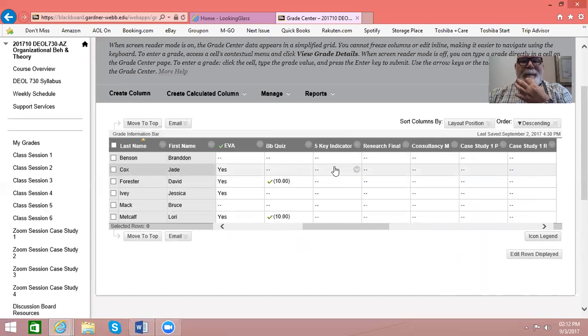Yeah, that's right. You have a possibility of 1,600 points. I try to do that every semester. To get your A in this class, you have to have 1,400 points. When you go to your grade center or my grades, you can see how many points you got.